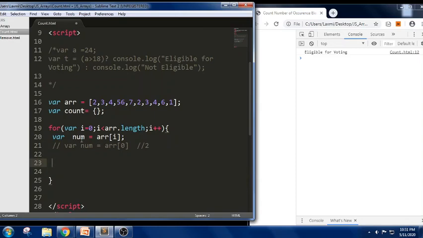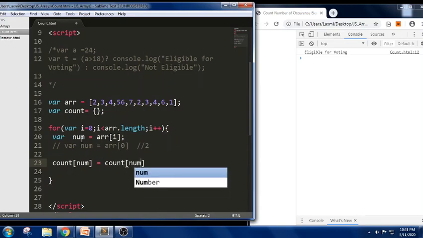In this, we take a ternary operator where the main logic will be. Here we take count of num equals. First I want to check whether the element exists or not. If it already exists, it will add 1 to it.